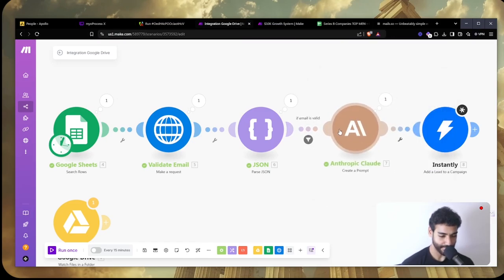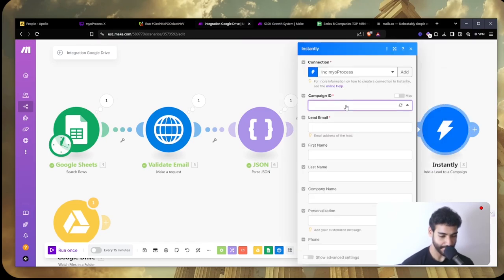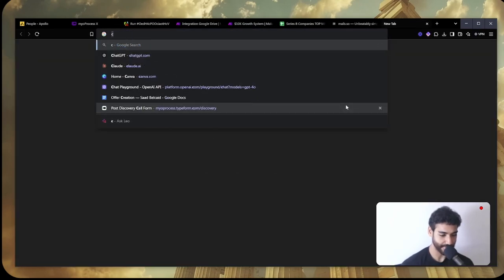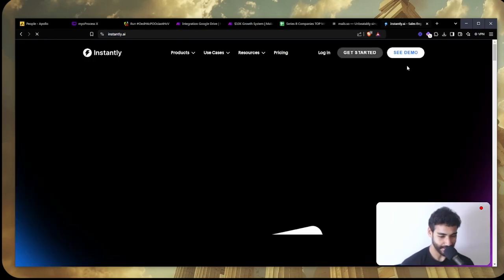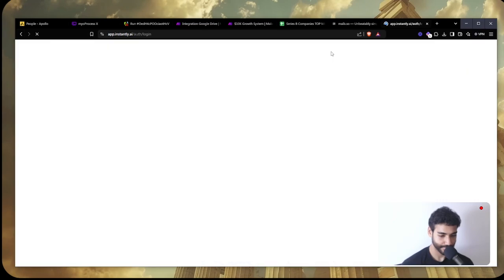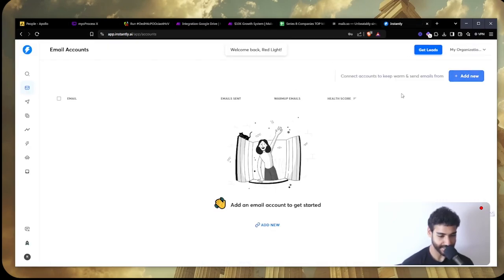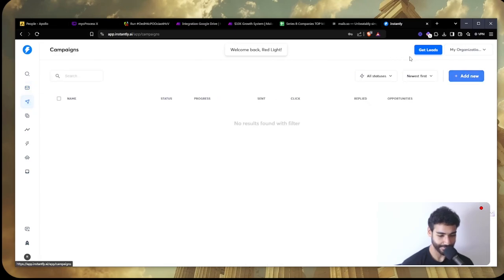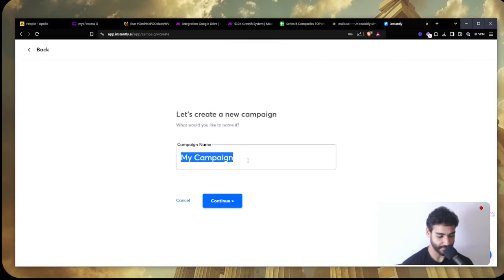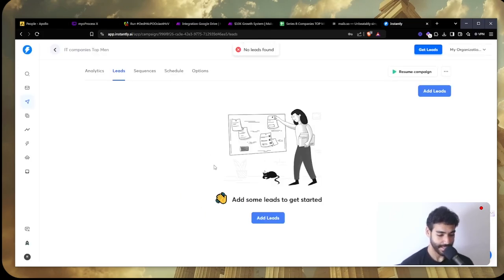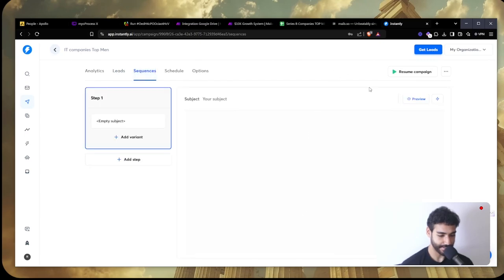And then what I'm going to do is basically campaign ID. So I need a campaign. So I'm going to go to my Instantly, and then I'm going to log in. And what I'm going to do is I'm going to click on campaign. I'm going to create a new campaign, and it's going to be IT companies, top men. Click on continue. And then, since I don't have any leads, what I'm going to do is I'm going to